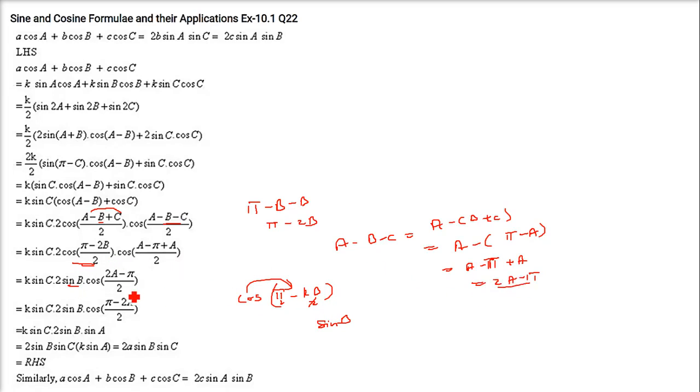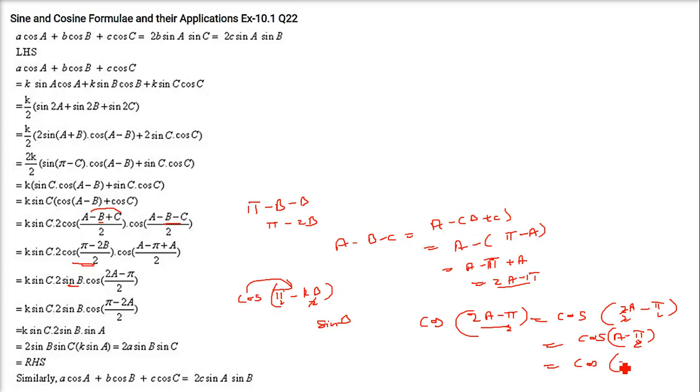Here, this is cos 2a by 2 minus pi. So cos 2a minus pi by 2. So this will be cos 2a by 2 minus pi by 2. The 2 gets cancelled. It will be cos a minus pi by 2. Now cos minus theta is plus cos theta, so I can just change the sign. This will be pi by 2 minus a. Okay, cos minus pi by 2 minus a. I just change the place and put a minus here. But cos minus theta is plus cos theta. So it will be cos pi by 2 minus a. And cos pi by 2 minus theta is what? Sin theta. So sin a will come here.